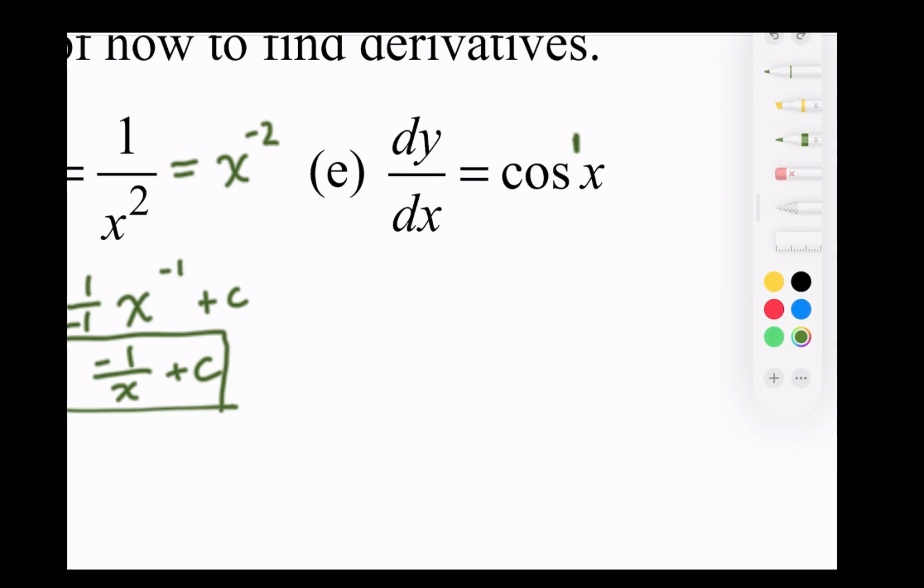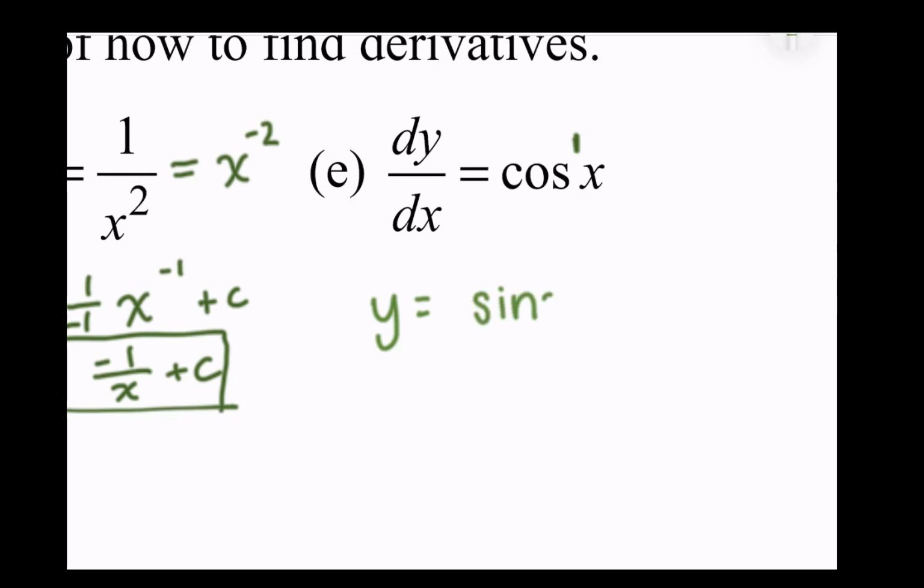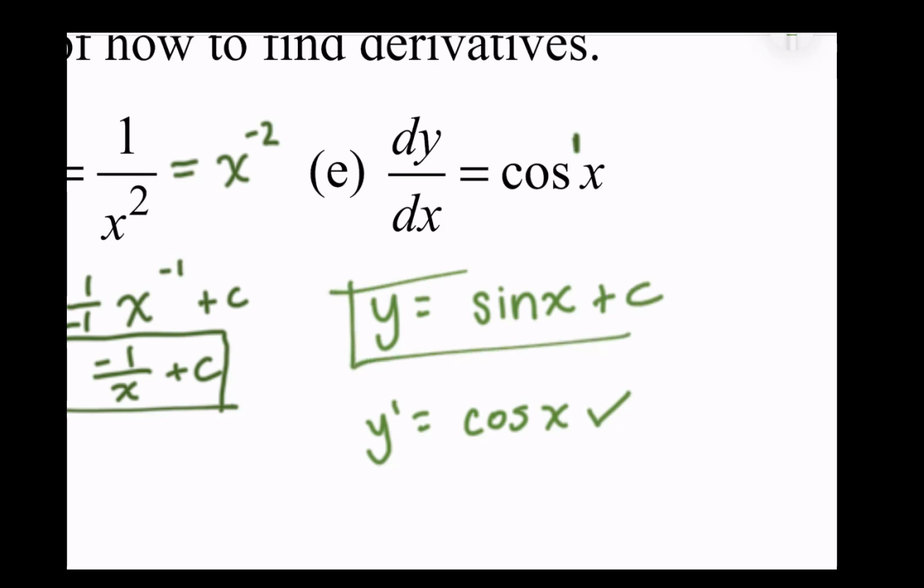So if we think about this, if the derivative is cosine, what function has a derivative that's cosine? The answer, hopefully you're getting, is sine. So when I take the derivative of sine, it's cosine of x, which is what I wanted. Then I'll just add plus c. There's my perfect